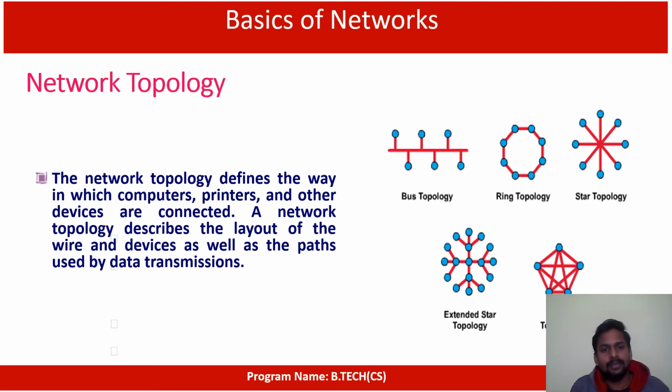Now it is the network topology. That means in which way my systems are getting connected to make the communications. So this kind of thing is called network topology. Here in this diagram I have mentioned the first one is bus topology, and then ring topology, and then star topology, and then extended star, and then mesh. So how we are arranging our systems to make a communication, that is what we call the topology.